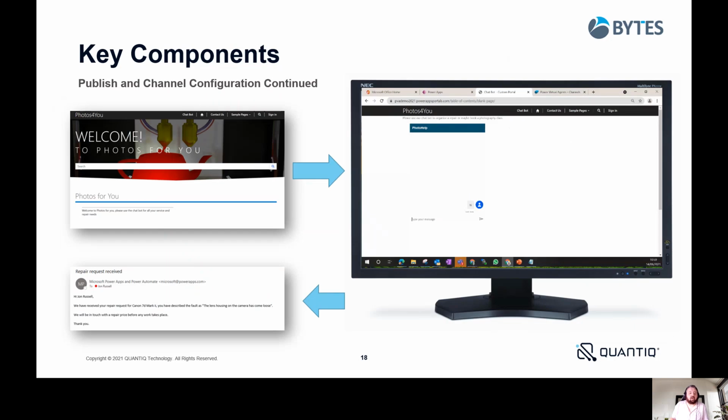And then I am going to put that onto the Photos for You portal page. And here I'm just running through the same chat scenario that I had previously, where I have a problem with my Canon lens, and I'm going to send it over to get it fixed, basically. Underneath there on the left-hand side, the repair request received, that's an email that has been sent